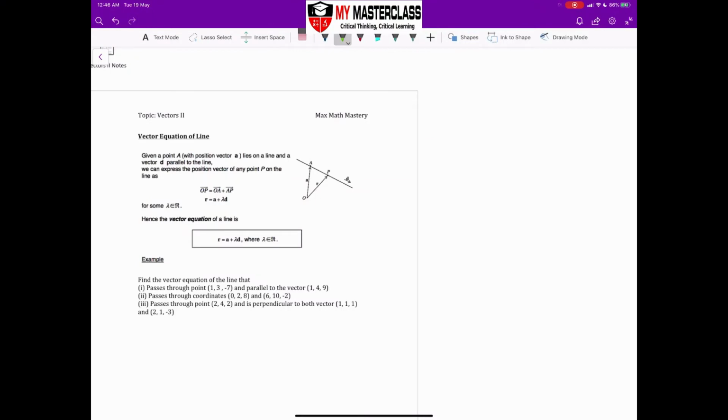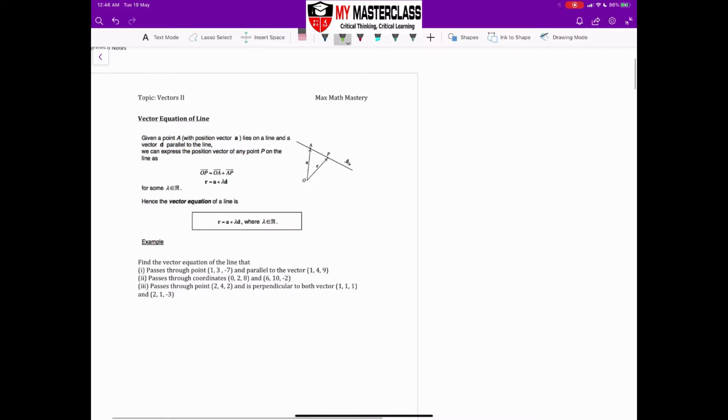Today we'll be talking about vector tools, where we're going to touch on vector lines. So we're going to talk about everything related to lines. It can be from point to line, or from line to line. Of course, the other part, lines and planes, we will touch on more in vector 3. So let's talk about the first thing, which is